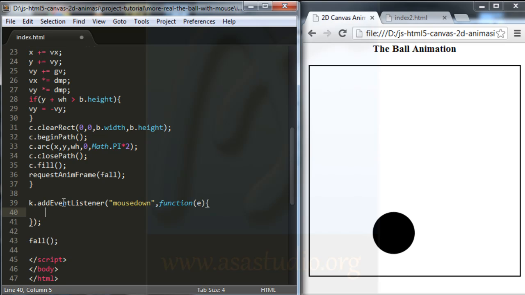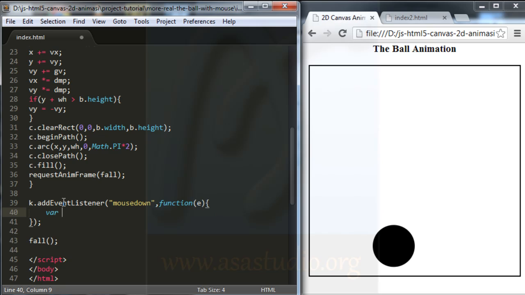Okay, I have this function, and now I need a variable to know the position of the mouse.